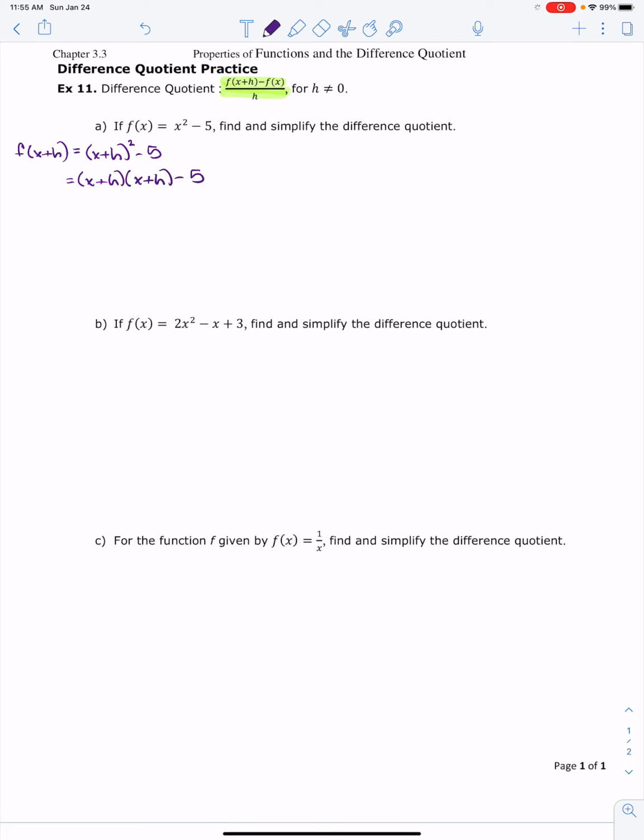Okay, I'm going to write this out just so we don't shortcut. Our brain likes doing that, making things easier for us. I get x squared plus x times h plus h times x plus h squared minus 5. These two terms are the same. We can multiply in any order. We get x squared plus 2xh plus h squared. That should become really familiar because anytime we have to square x plus h, that is what it's going to